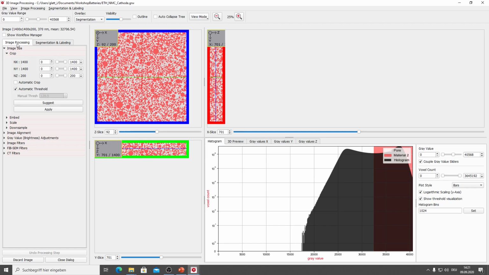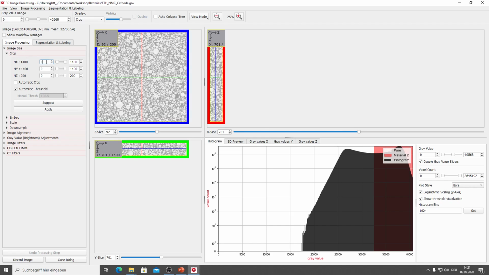What we are going to do now is first crop the image by going to image size, going to crop, and then we choose here 450, and for the upper value we choose 950, and the same for the Y direction.